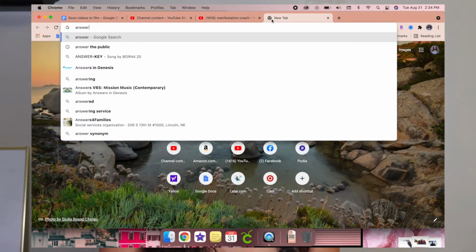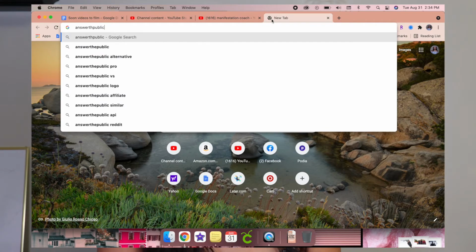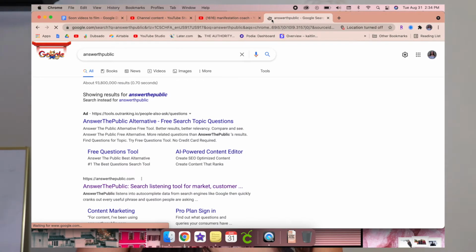And then the third option you can also do is go to Answer the Public. This is really great because it gives you a whole bunch of video ideas that you may not even have thought of, and then you can type those ideas into YouTube and do that same concept. I think you do get like 1 or 2 free searches a day, but you really only need one, and you can do it multiple times throughout the week. So like, let's say you do Monday, Tuesday, Wednesday, and get some insight. I wouldn't say you would need a lot of searches, but it's good to at least go in there and get one search to see what people are wanting to know about your topic.